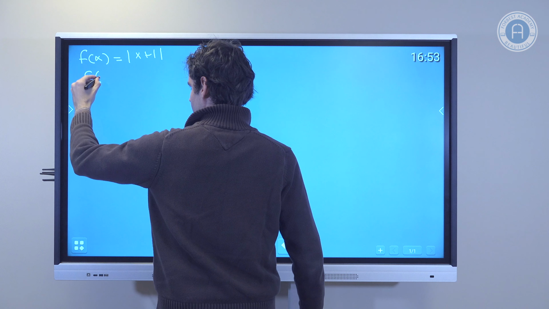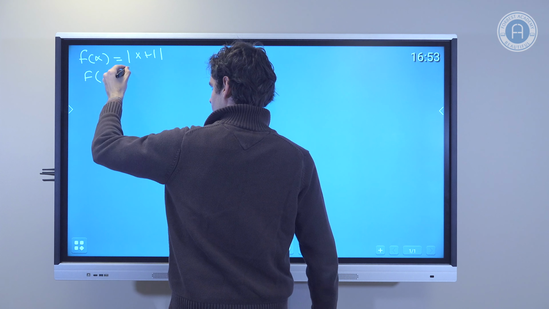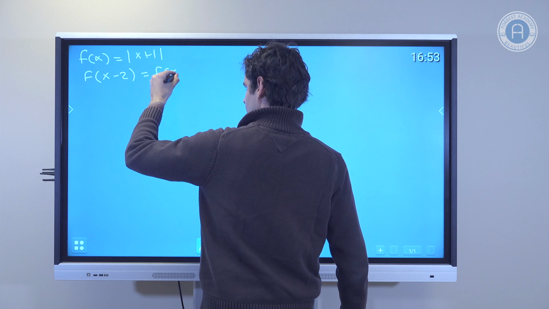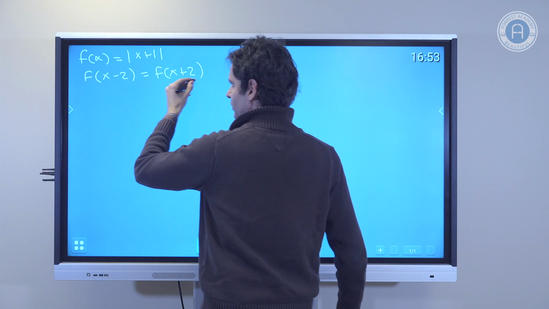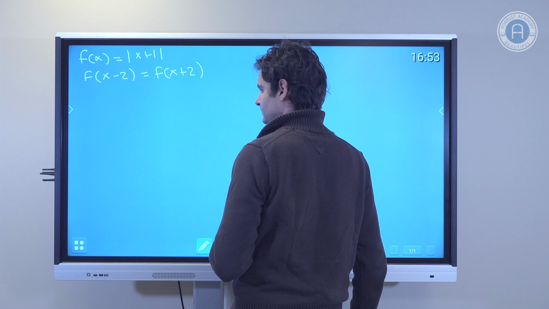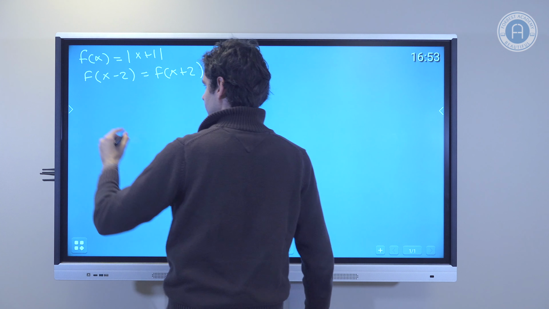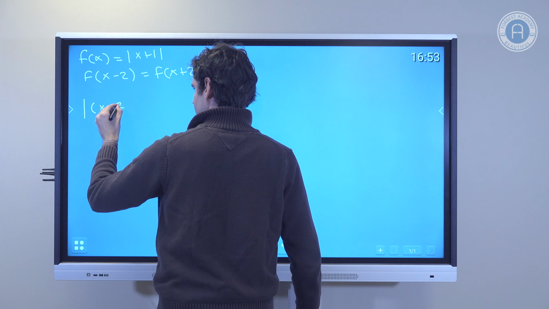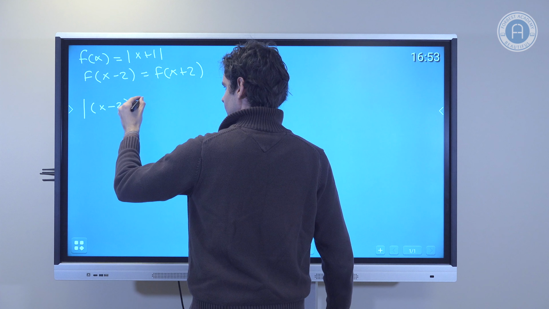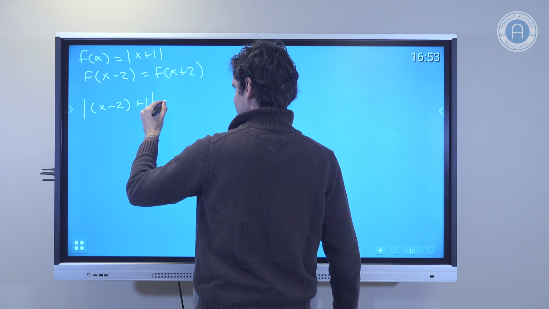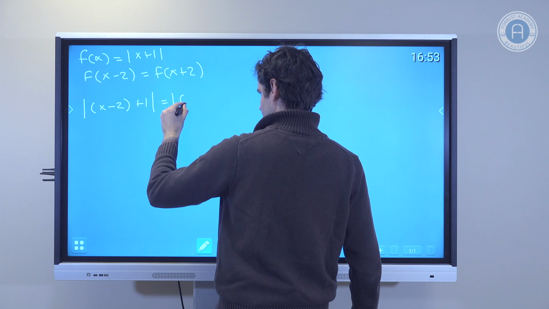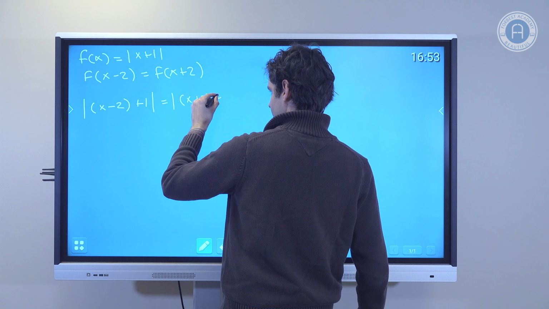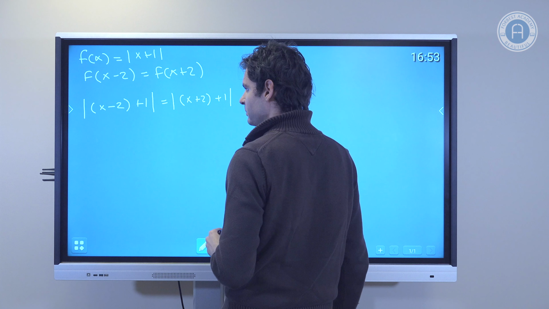So we need to check for which value of x this condition is satisfied. So let's plug it in. So simplifying, we have